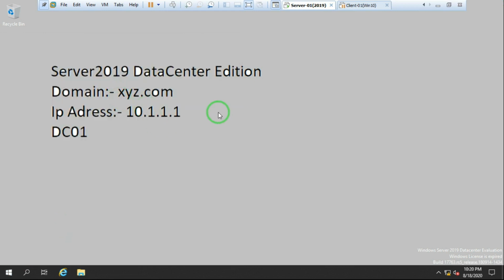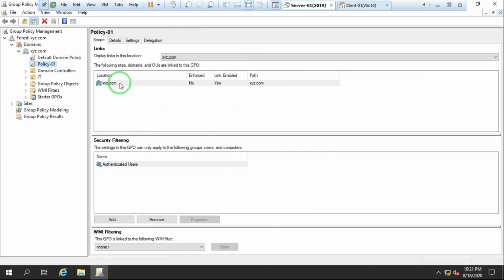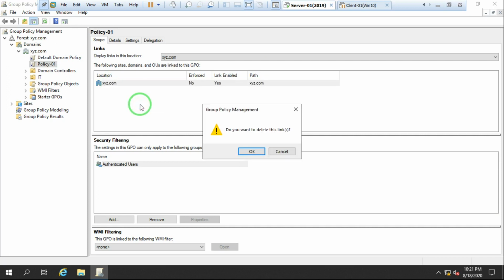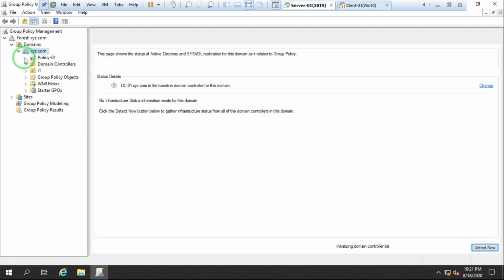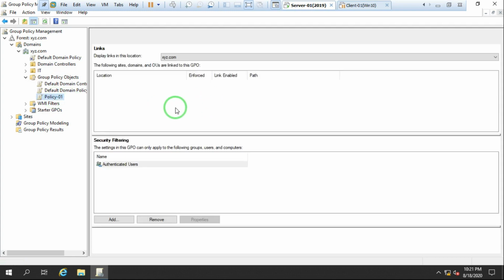This time I link this policy on the OU only. You can see that my policy is applying by default to the whole domain, so I don't want that. I right-click on it and click Delete Link. Yes. Now my policies are not linked there, but they still show in Group Policy Objects. The policy is there, but it's not applying anywhere right now.